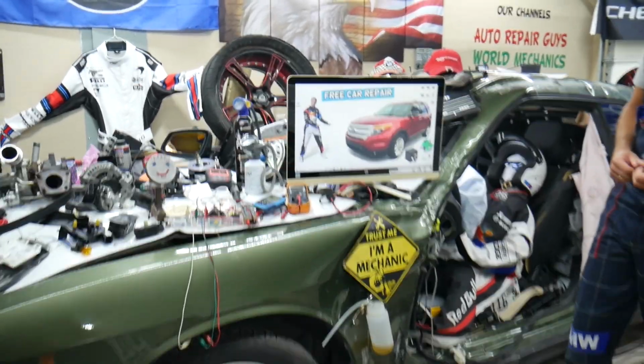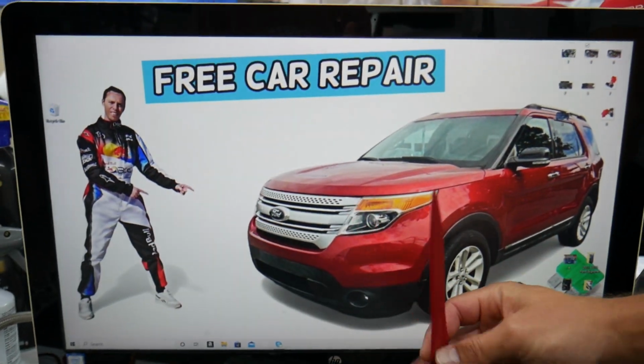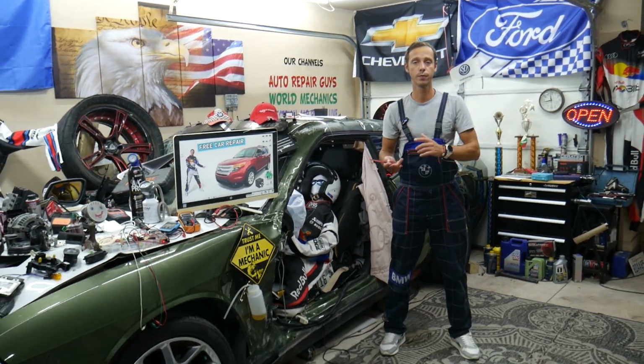Today will be a super helpful video for any of you having a Ford Explorer of that generation, from year 2011 to year 2015. If you need to find where the ventilated seats, also known as cooled seats, fuses and relays